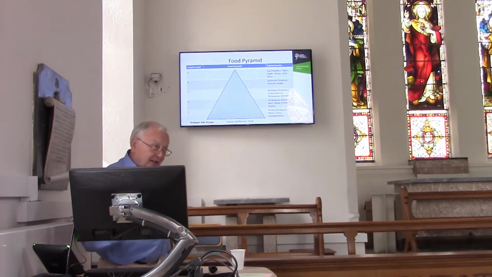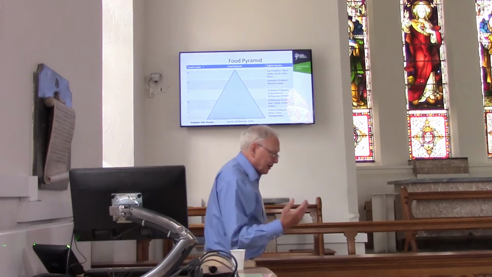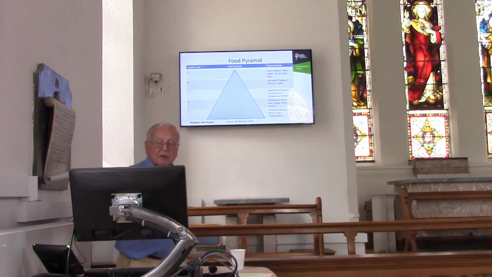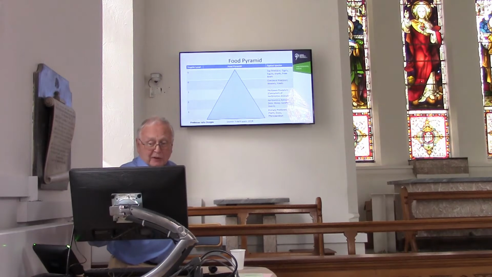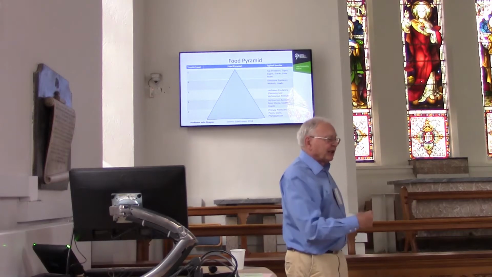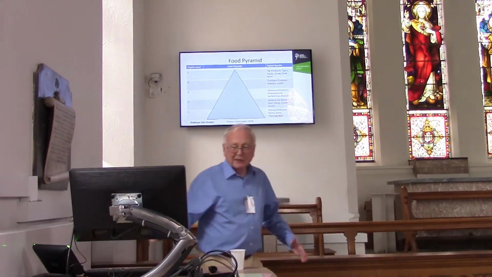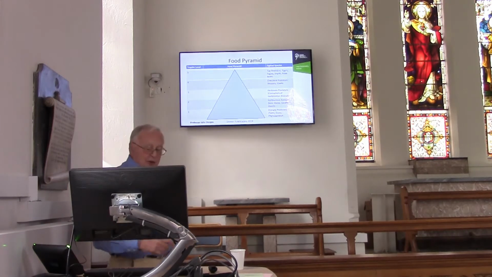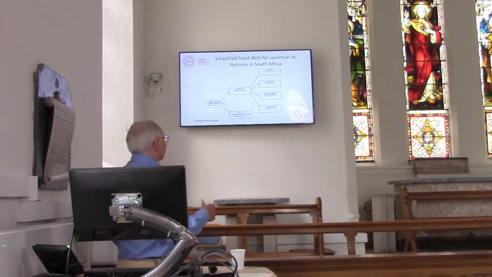So life is a thermodynamic system, energy is transformed, and that's how it works. So right at the top, you've got the top predators, tigers, sharks, polar bears, and so on. For every tiger, there's probably 10 trillion blades of grass. So it goes up, and there's far fewer of these creatures at the top than are at the bottom. This just illustrates the point.